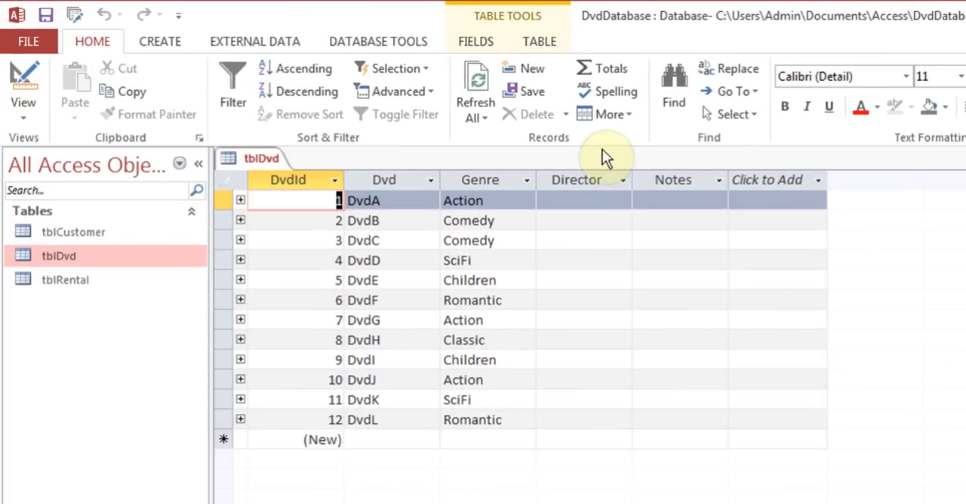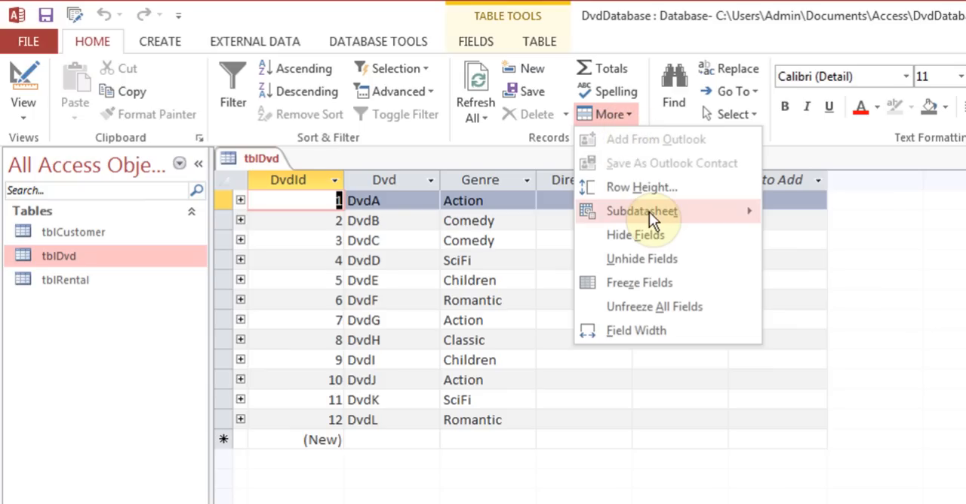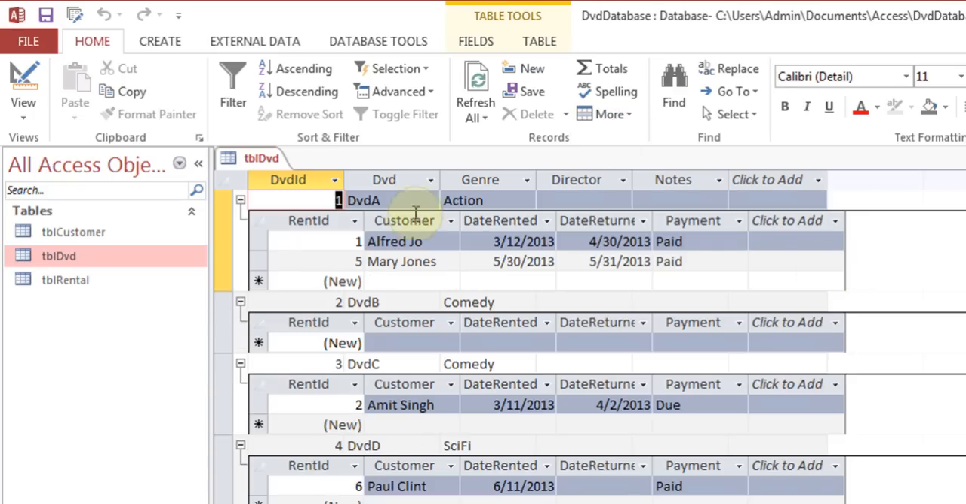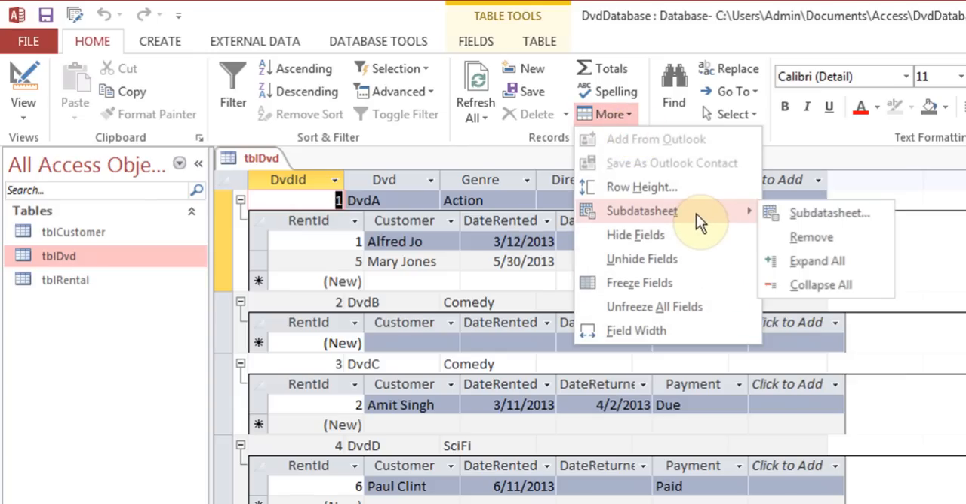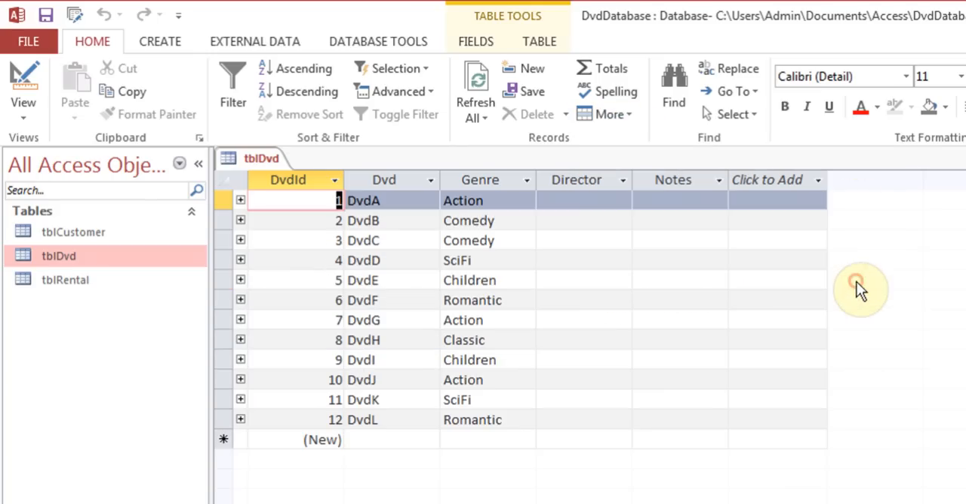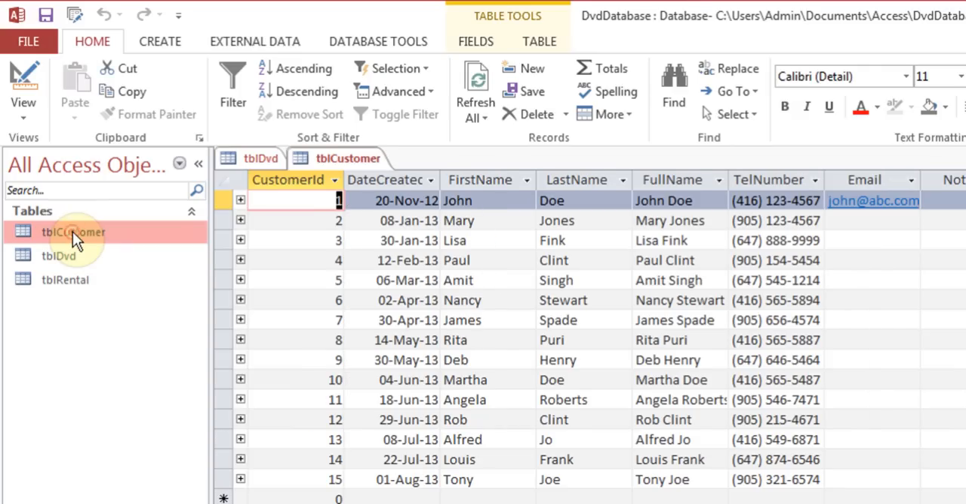I can go to this More button here, which is in the Home tab, and I can go to Subdatasheet and say Expand All. So it expands all of them. I can go back to More, Subdatasheet, and say Collapse All, or I can go through it individually. If I double click on this table, Customer, now I should see, when I click on the plus